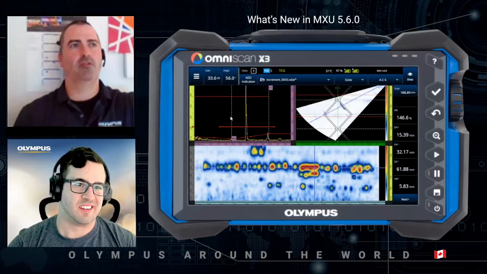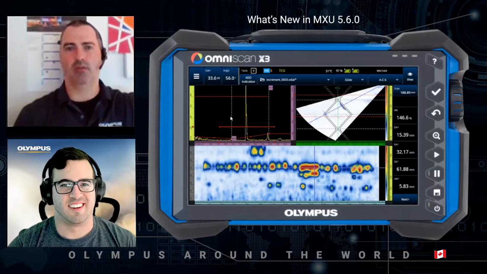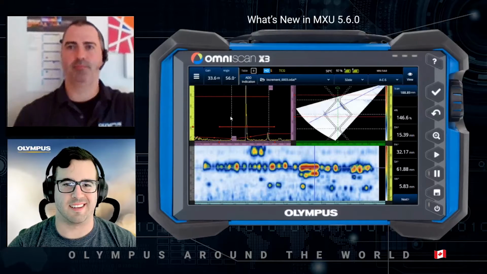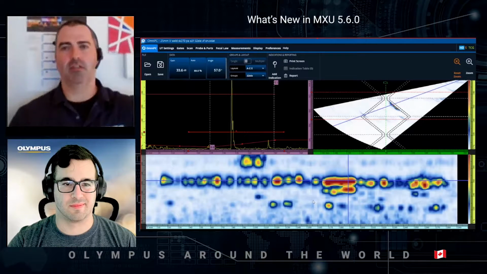More time, and also it will not break the workflow of the inspector. You can just keep pressing save as he goes from one weld to the next one. Excellent. Now moving on to the next item on our list, and that will be the configuration or the adjustment